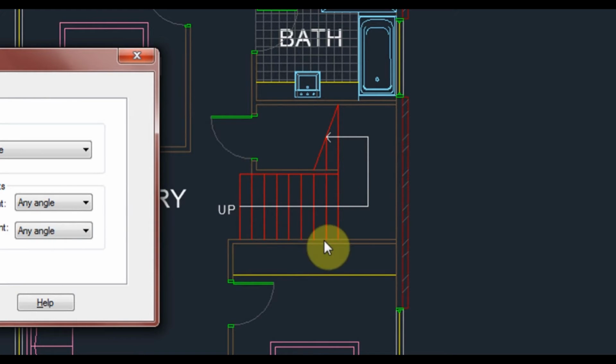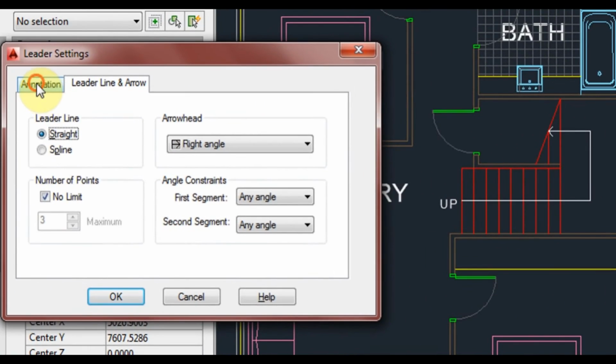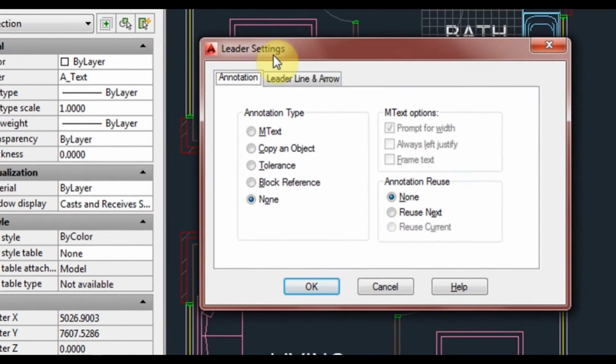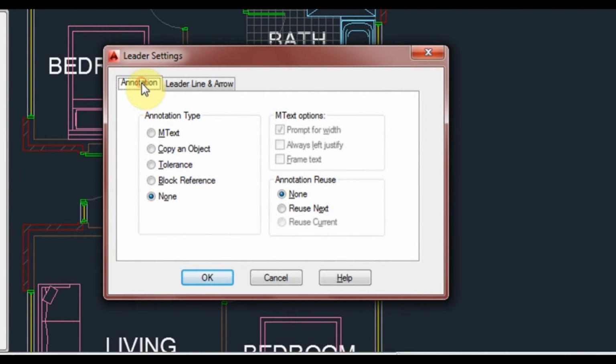No limit allows me to keep clicking around as much as I like. You can set the limit to what you'd like. I like no limit. It gives me more flexibility. Going back to this tab over here, the annotation tab,